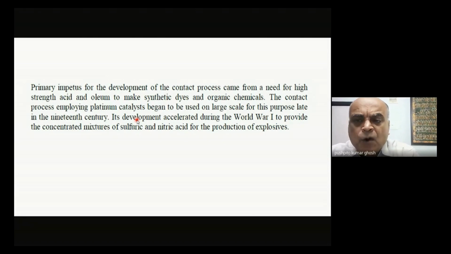The most important was the inability to make concentrated sulfuric acid. So the primary impetus for the development of the contact process came from a need for high strength acid and oleum to make synthetic dyes and organic molecules. The contact process employing platinum catalyst began to be used on a large scale for this purpose late in the 19th